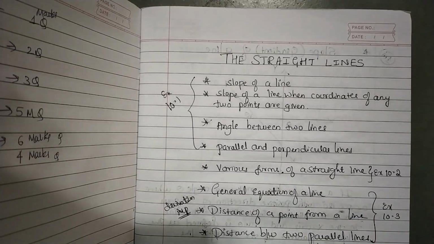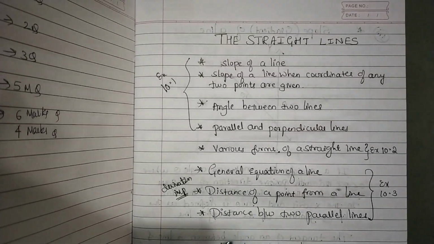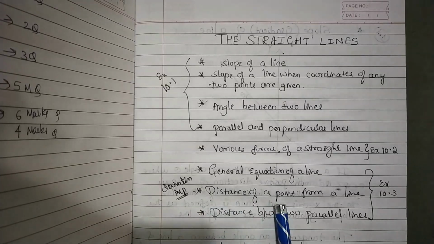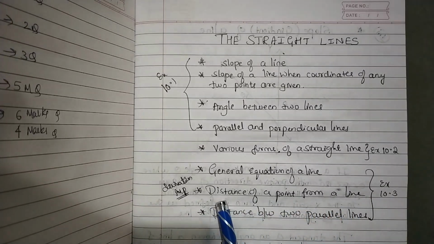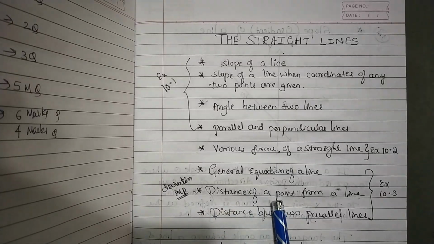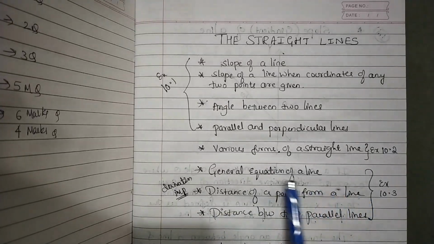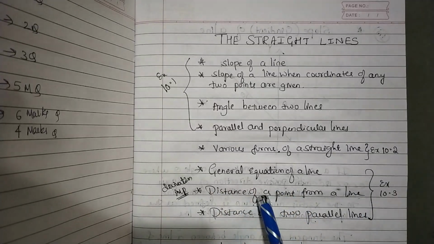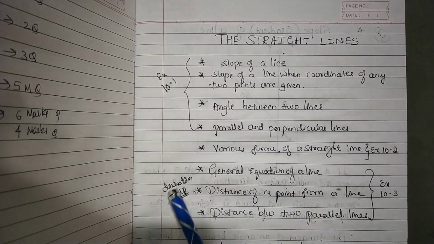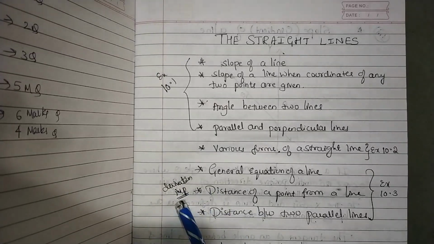And in sixth unit, we are going to find the slope of the general equation of a line. And in seventh unit, we are going to derive the distance of a point from a line, and also it is nothing but the length of the perpendicular between a point and a line. So this is almost an important question which is fixed for your exam, that is for 5 marks. Okay, this question will ask for 5 marks.